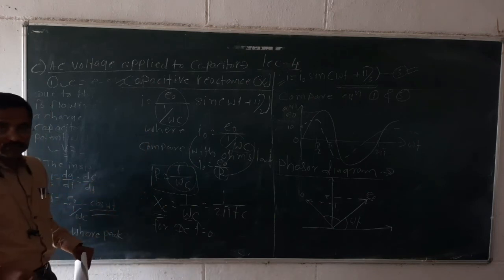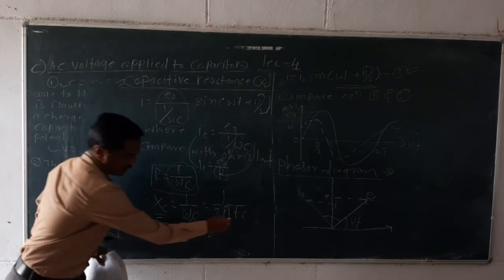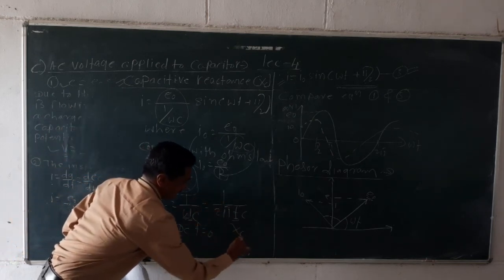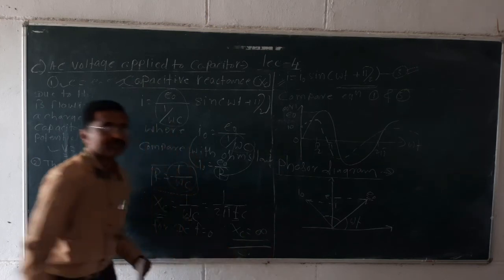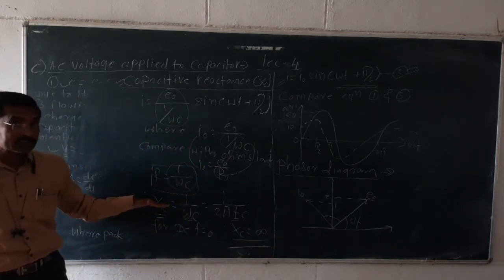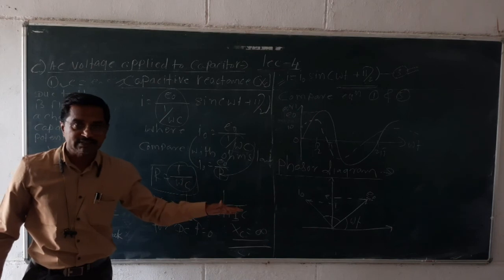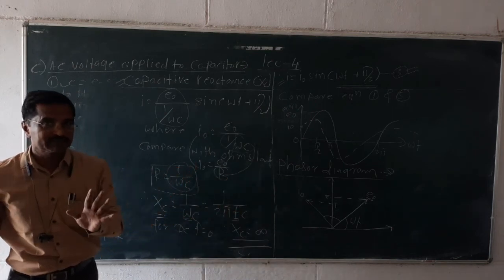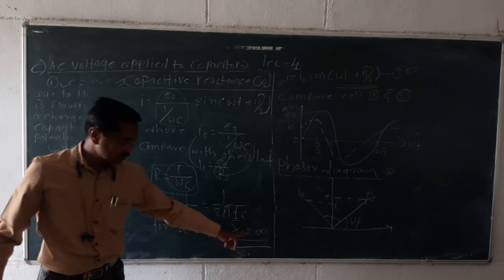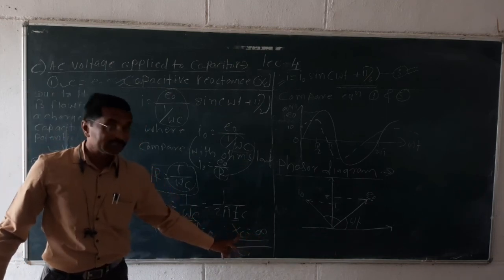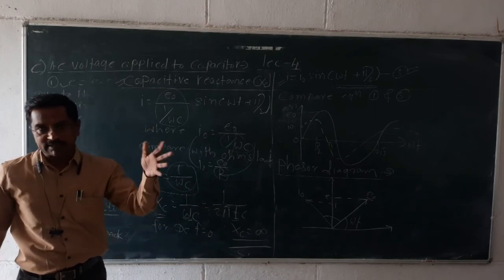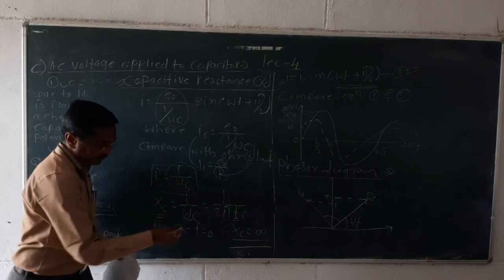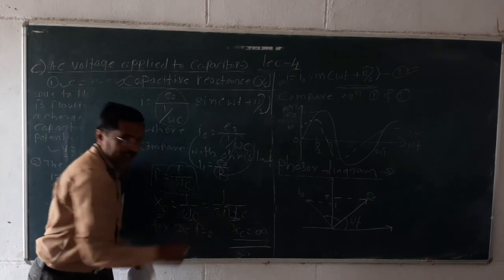हे कॅपॅसिटर जर डीसी वरती तुम्ही जोडलं तर डीसी ला फ्रिक्वेन्सी नसते, f इज इक्वल टू 0. f इज इक्वल टू 0 म्हणजे 1/0 म्हणजे X काय येणार आहे, दॅट इज इन्फिनिटी. X इज इक्वल टू इन्फिनिटी म्हणजे कॅपॅसिटरचा रेजिस्टन्स डीसी साठी कसा असणार आहे, इन्फिनिटी असणार आहे. अँड देअरफॉर DC is not passed through the capacitor because at that time the resistance of that capacitor is very high, that is infinity.